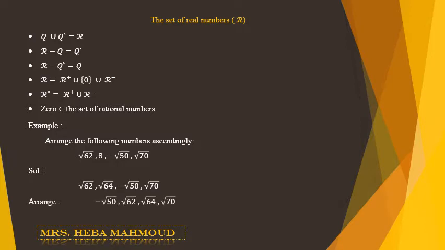Now, arrange them ascendingly from smallest to greatest. So it will be negative square root of 50, root 62, root 64 and root 70. So the final result will be negative root 50 and the square root of 62 and the 8 and the square root